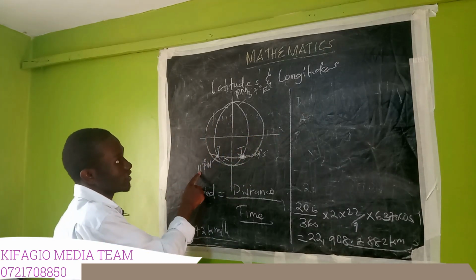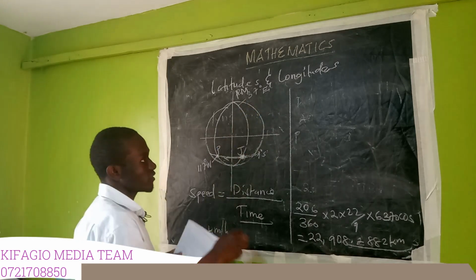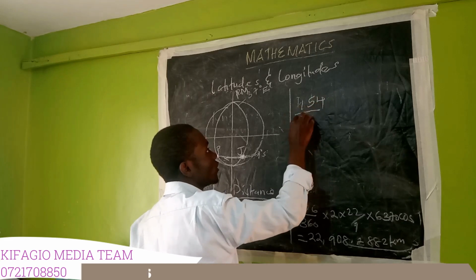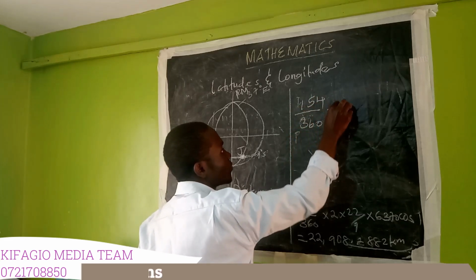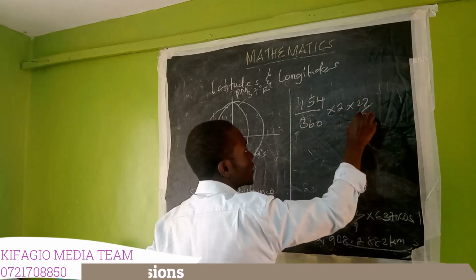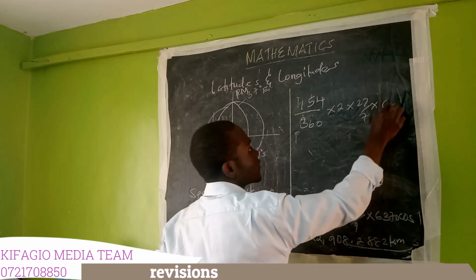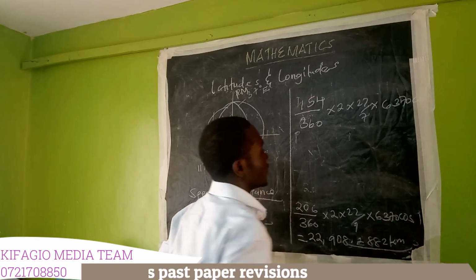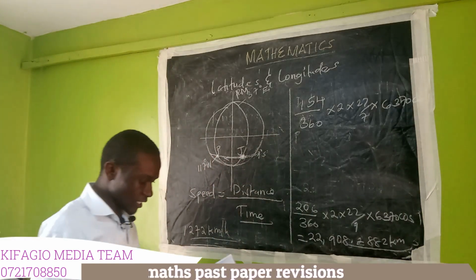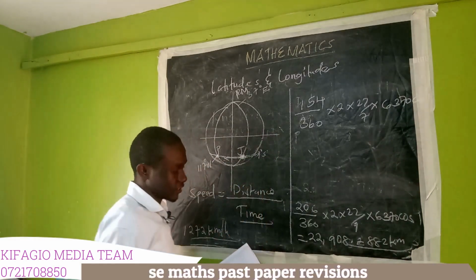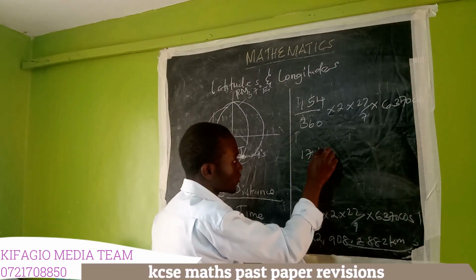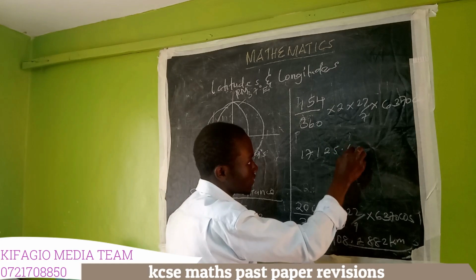So here we have 117 plus 37 degrees, which is equal to 154. So it is 154 out of 360 multiplied by 2 multiplied by 22 over 7 multiplied by the radius of the earth, 6370, and then cos of alpha, which is 1. Then just key that in your calculator, and you're going to have 17,125.6135